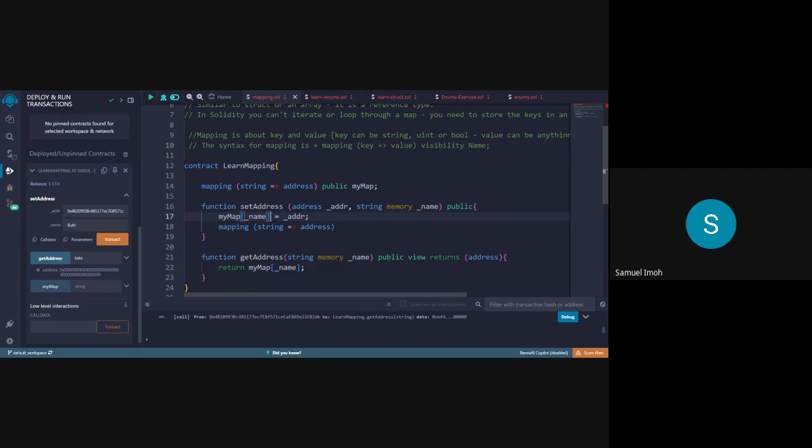This syntax is telling us that there is information inside this. Now this is the mapping. This is the key, and what is outside here is the value. So we are using this key to get this value. We are using this string to get the address. That's why we said name, which is a string, is equal to address, which is the address. So having said that,